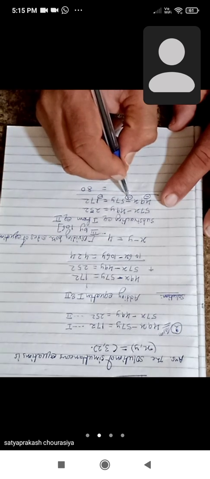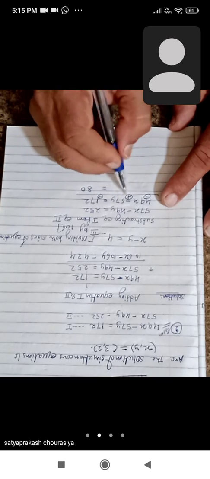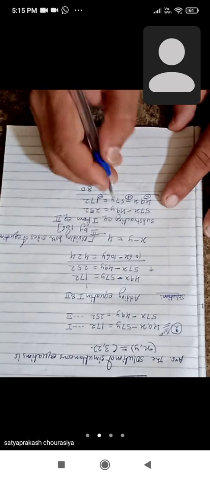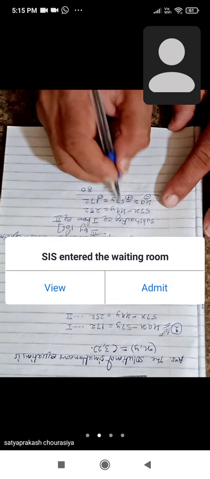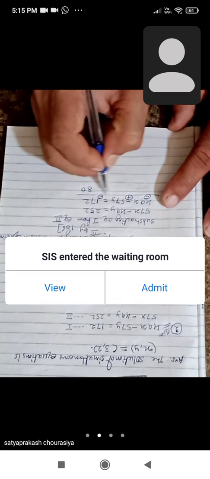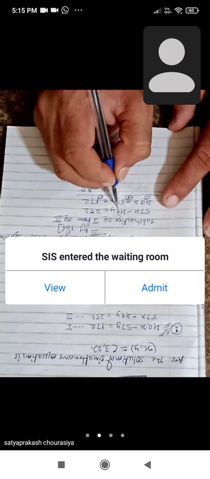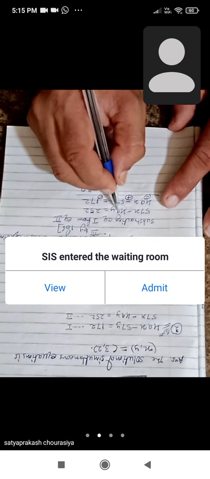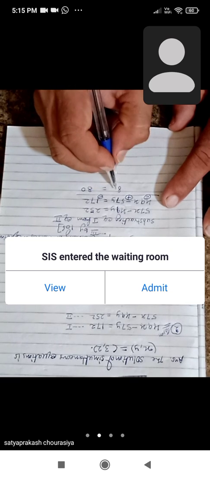Now here minus 49 plus 57. One number is positive and one number is negative, so we have to subtract when there is a positive and a negative sign. Now 57 minus 49, so 57 is the greater one, so from the greater number we have to subtract. 7 minus 9, so we have to borrow 1 from the next number. It will become 17. 17 minus 9 is equal to 8. And here 4 minus 4 will become 0.